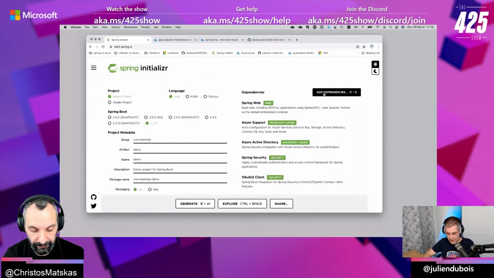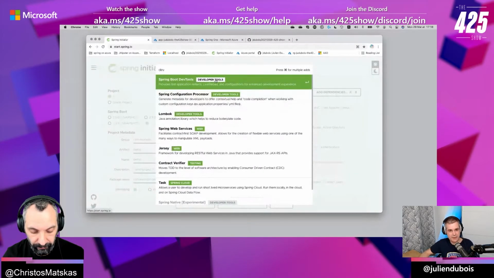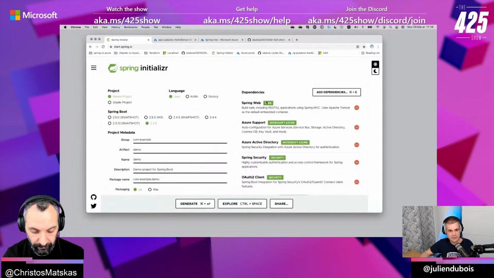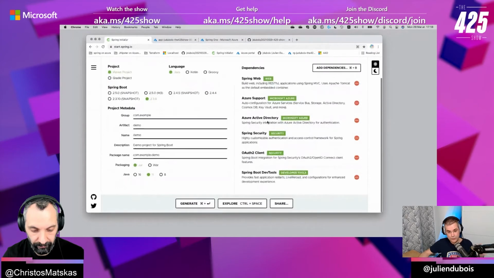I just wanted to add one more thing with Spring. It's the Spring Boot DevTools. It's nothing to do with Active Directory. When you use that thing, it auto reloads your code. So when you code, it's much easier. So for my demo, it will be much better. I will have live reload. When I compile my code, it will automatically reload, which is much better for doing a demo.